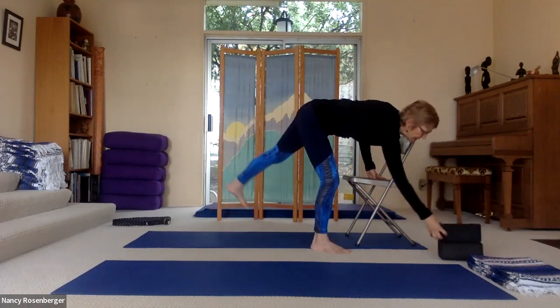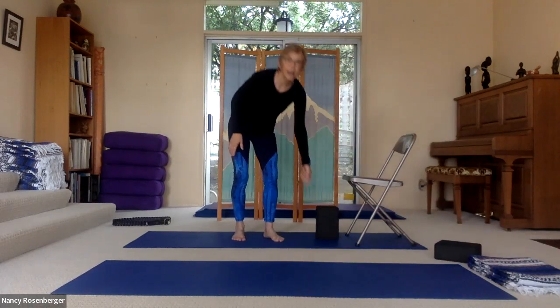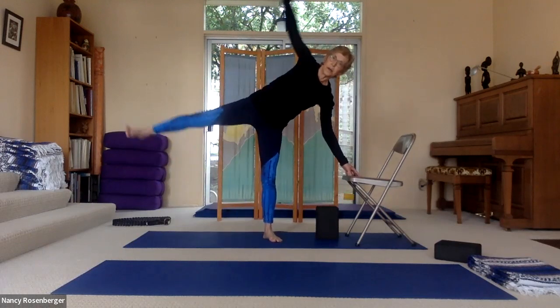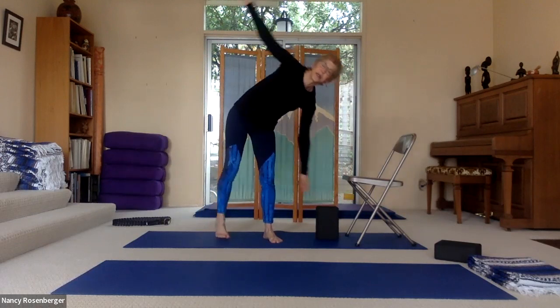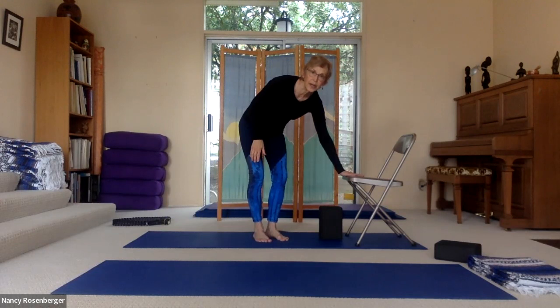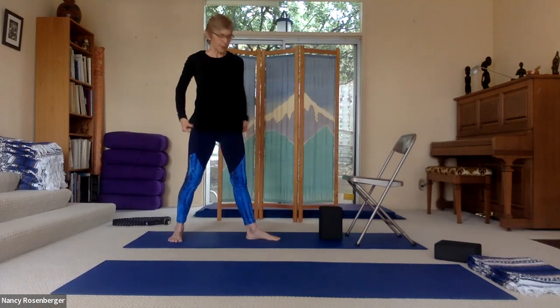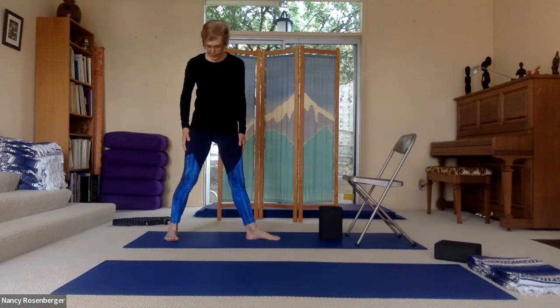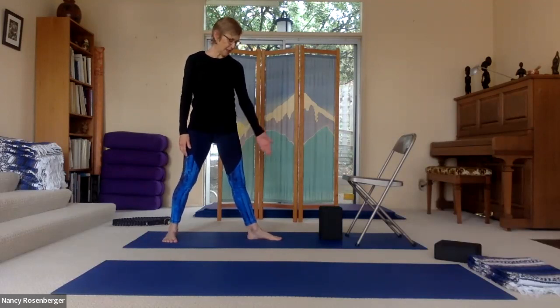And you might be using the chair for your hand, or you might be using a block. So it might be like this, it might be like this. You might use a book or something if you don't have a block. But the chair is just fine, using the seat of the chair. We'll start by doing a triangle. So backing up just a little bit, a foot or so from all that apparatus. The feet are not so wide apart, 30 degrees in the back foot, which is just behind the front foot,